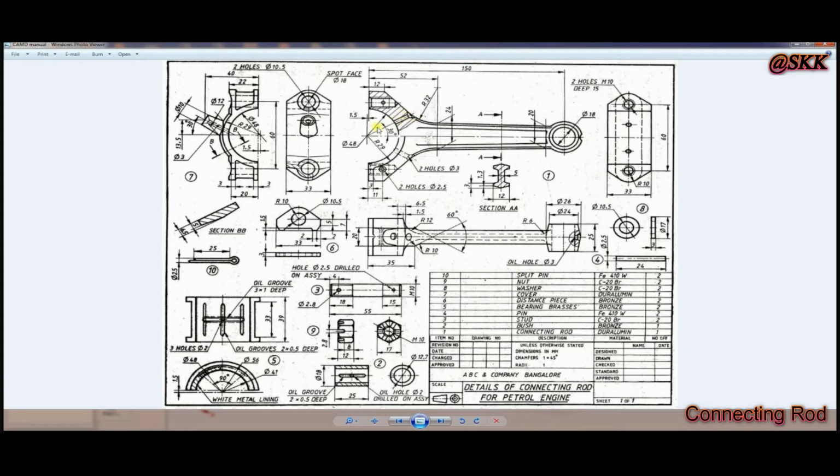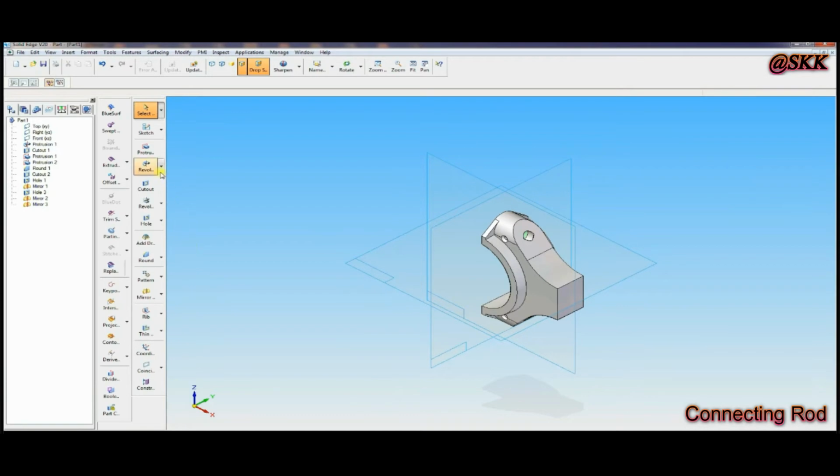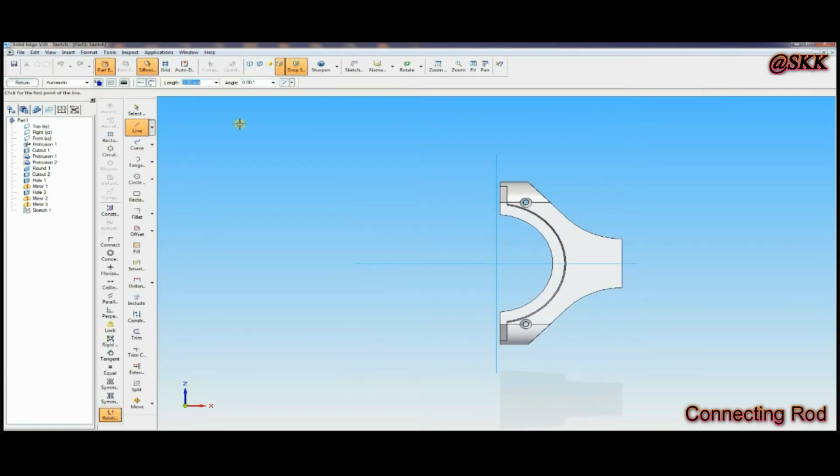Now next one is the inclined countersink hole with an angle of 30 degrees. To draw this one, the diameter is 3 mm. For this, first go to sketch, select front view, go to line, length should be 39, angle is 30. Simply click on the center like this, then go to angle.